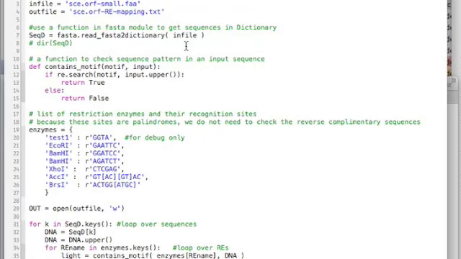So in this demo, I'm going to show how to find the restriction enzyme recognition sites in DNA sequences using Python and regular expression pattern matching. I'm going to use the re module and also the fasta module. The fasta module is one we developed in CRS 115, which contains a function to read the FASTA records into Python